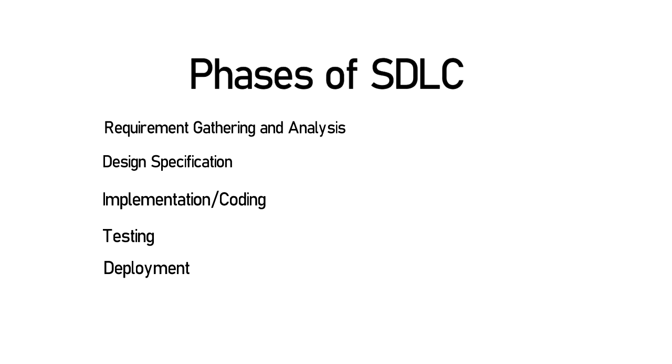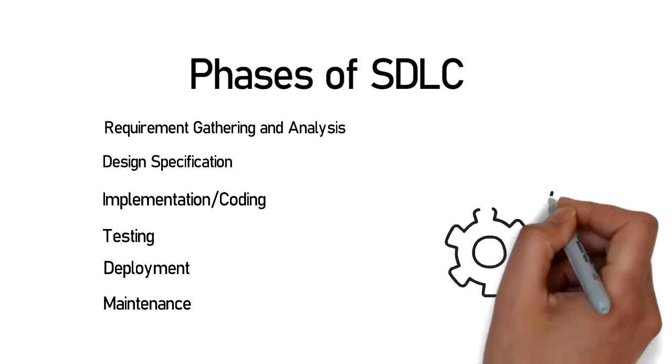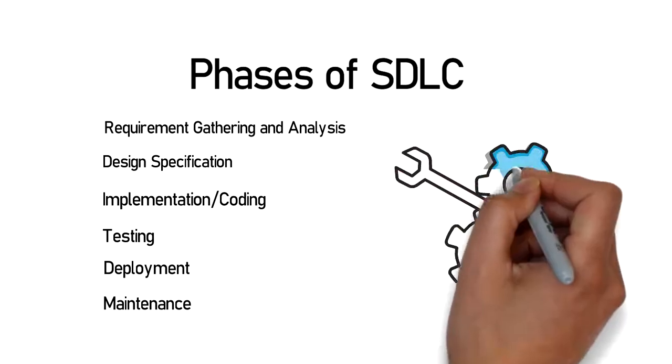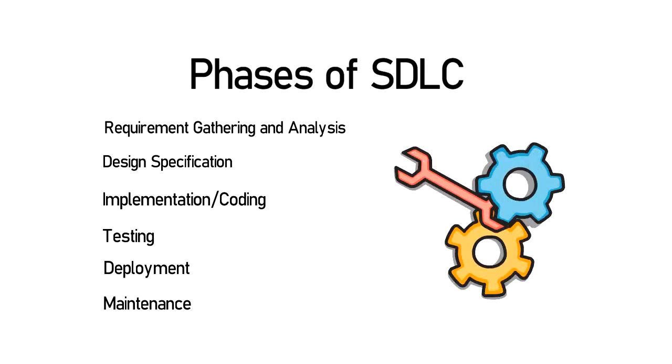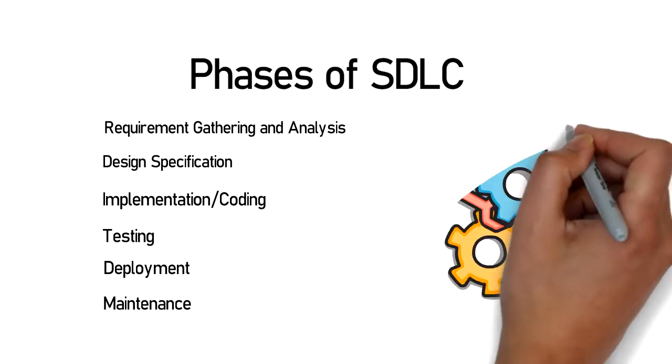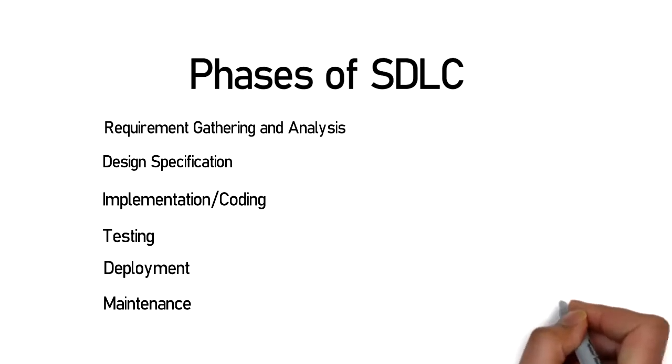After this phase, the final phase is the maintenance phase. Once the software is live and operational, some maintenance may be required in order to keep it operational with the changes in infrastructure, configuration, or due to other factors over a period of time. This was all about SDLC.